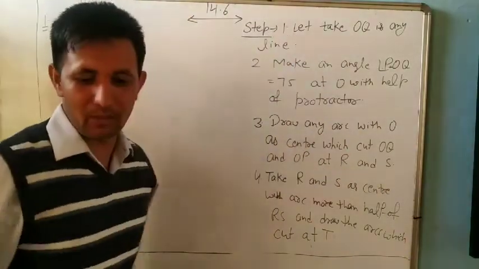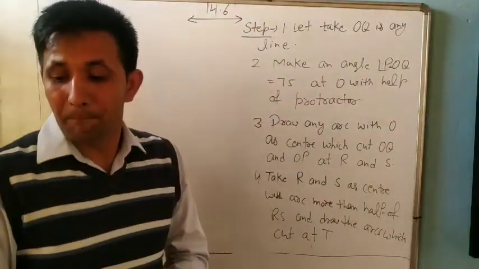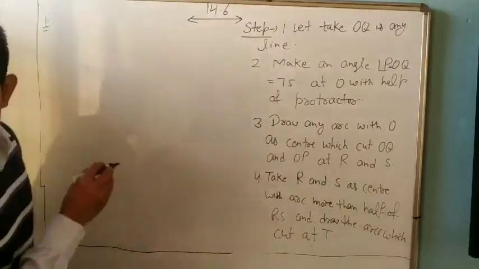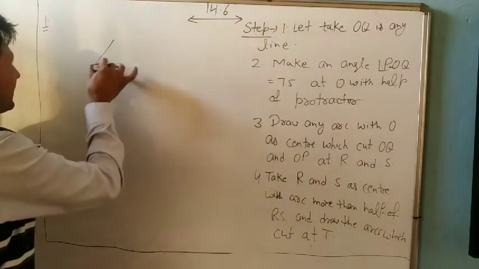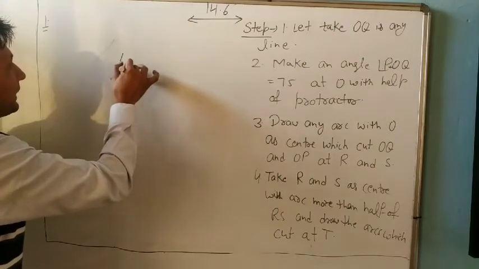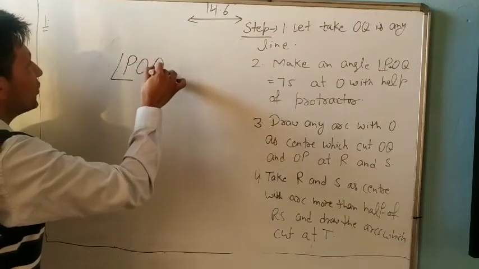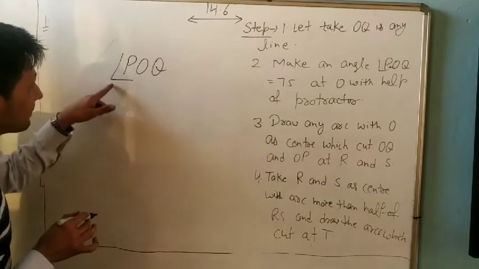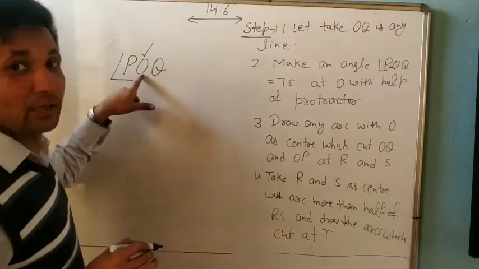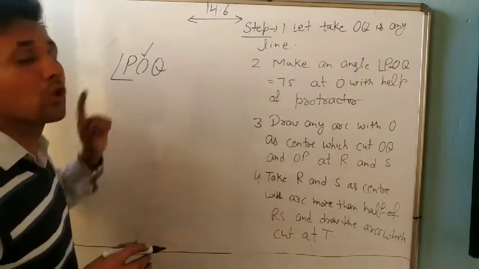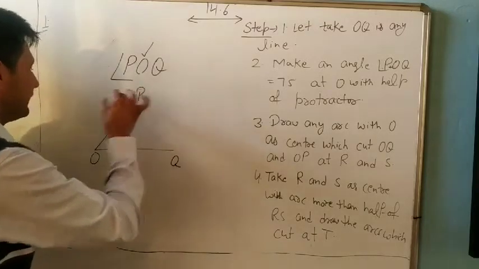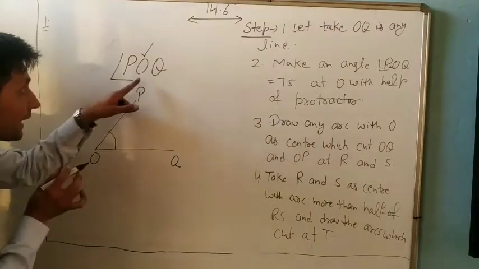This is the step for question number 1. Look, draw angle POQ, and always remember one thing. Whenever a question is given like this, this is the symbol of angle. In any question, it means angle. POQ means angle. Whatever is in the middle is the vertex of the angle. Because the middle is O, the angle is at O, with OQ and P. Understand?